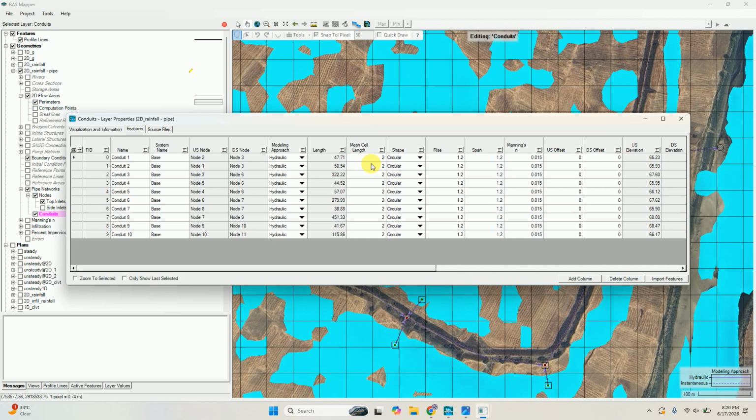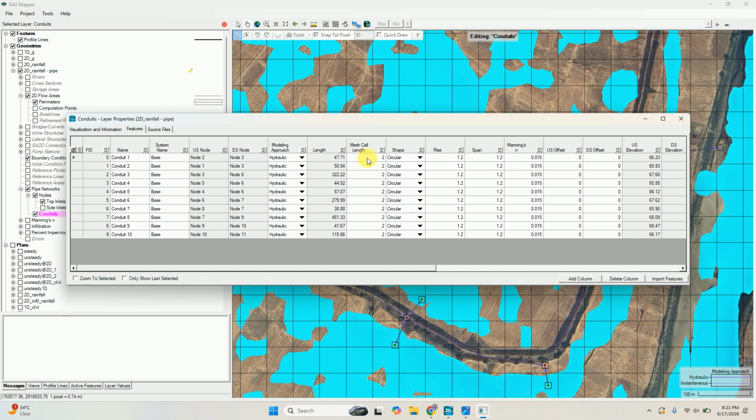In a pipe, if you give a length, say 1 meter, 2 meters, the total length is divided into segments. For example, 48 divided by 2 is 24, so this length is divided into 24 segments if you give a two-meter cell length. In those 24 segments, the model will run for each segment.